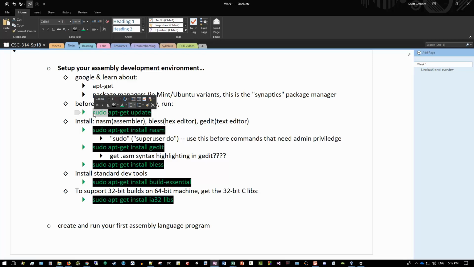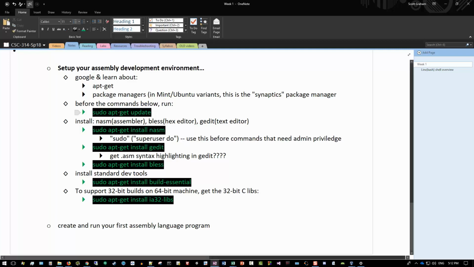Basically, sudo is a command that says do the command that comes after this as the super user. You are the administrator on your machine, but unless you put sudo in front of a command, it's not going to give administrative permissions to the command that you're trying to run. So we want these commands for installing software to be run as administrators. So we put the sudo first, then we put the command that changes software, reconfigures the system, whatever, that kind